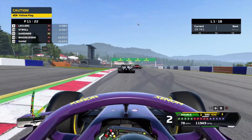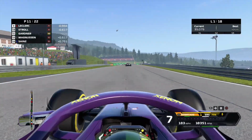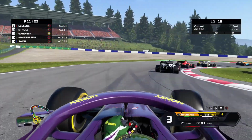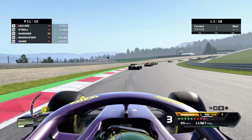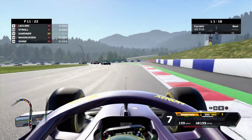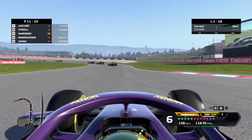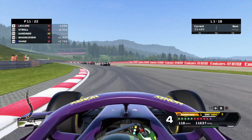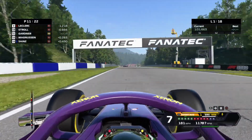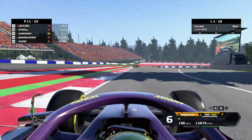So the plan was to just try and get as many positions here as possible. But I knew that with Austria being so busy, and so many cars being bunched tight together, it was going to be extremely difficult to talk and have all this close quarters action going on. So keep pushing. Let's capitalize on that first lap. I made sure to just focus on the racing, get the racing done, and then any commentary I can add in post, which is what I'm doing now. So yeah, basically we're coming up on the top 10,